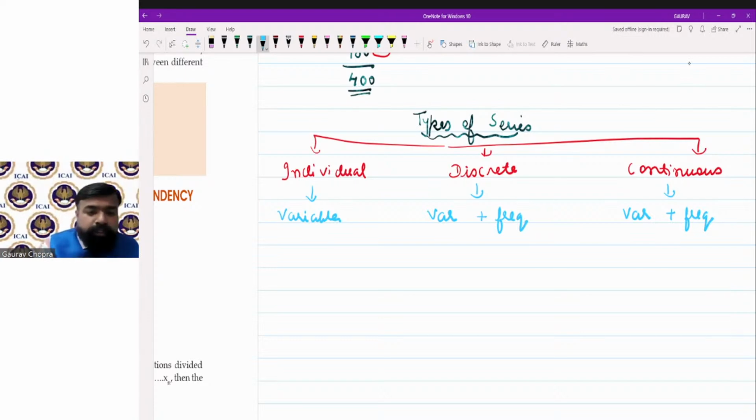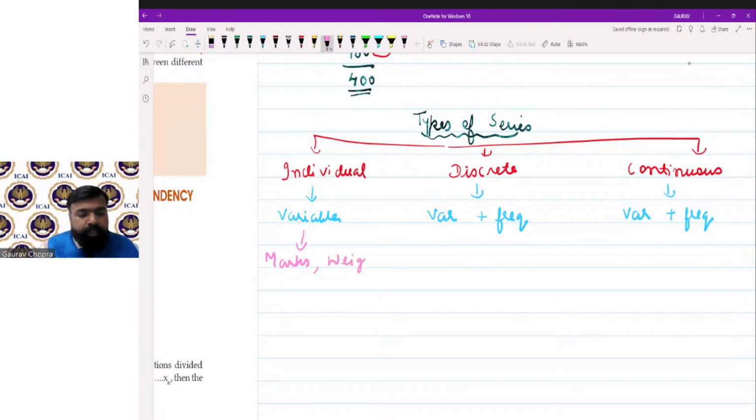Now let's have some details. Now, what is a variable? हम variable किसको बोलेंगे? Anything having some mathematical value is a variable. ऐसी कोई भी चीज जिसको हम नंबर में लिख सकते हैं, that is a variable. For example,